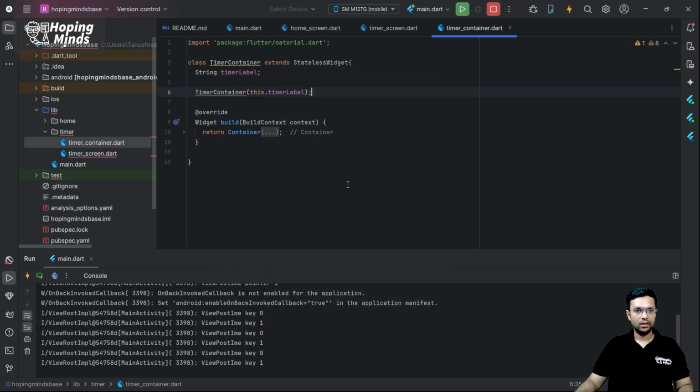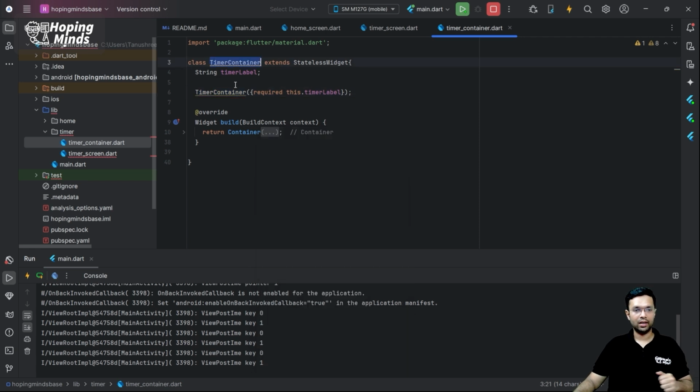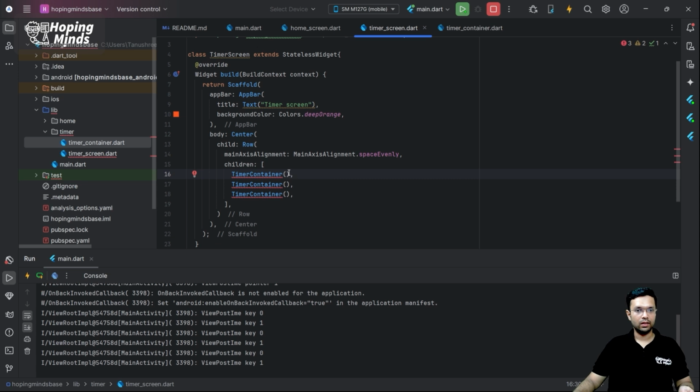A constructor is going to ensure that this variable is initialized while I'm using this particular class. For example, did you notice I just made this timer label and that this function has exactly the same name as my class? So what will happen? The moment I start using it in my timer screen, it's going to ask